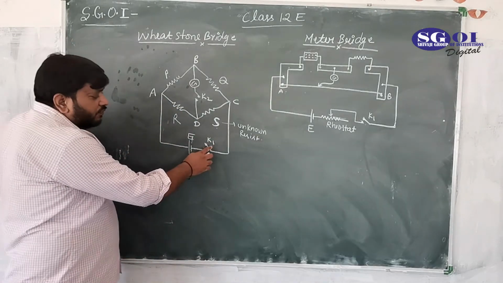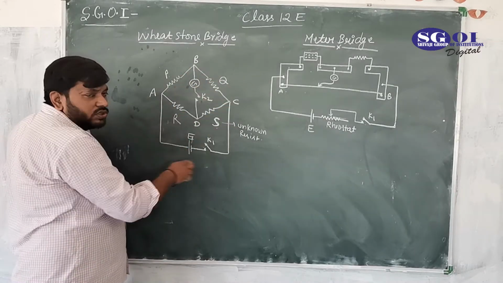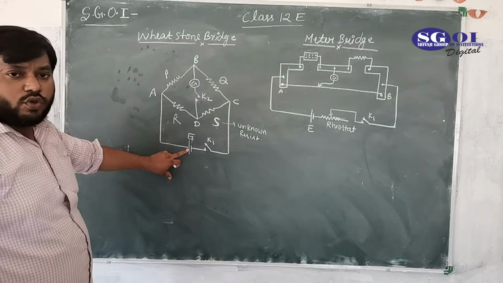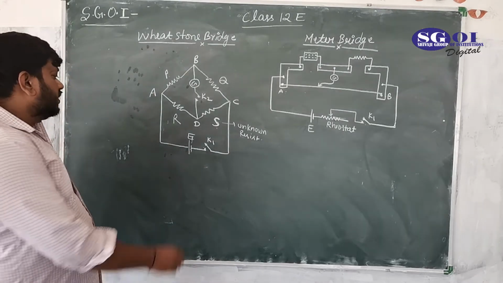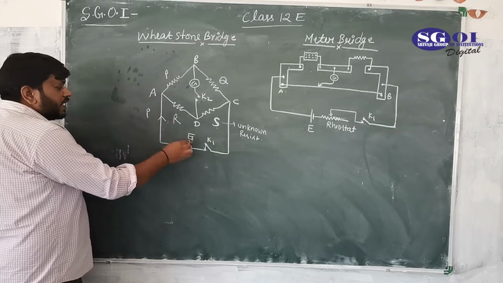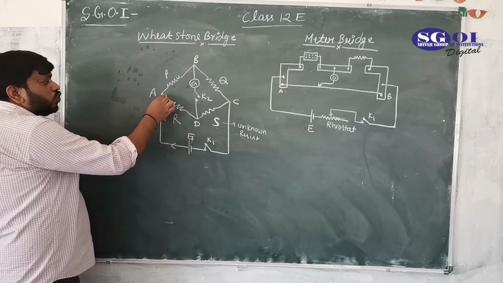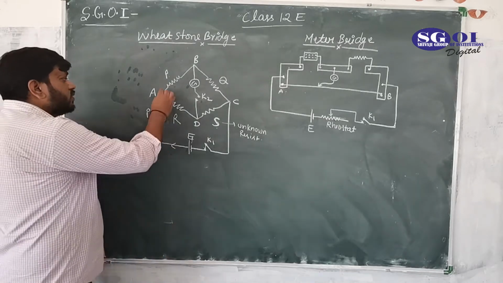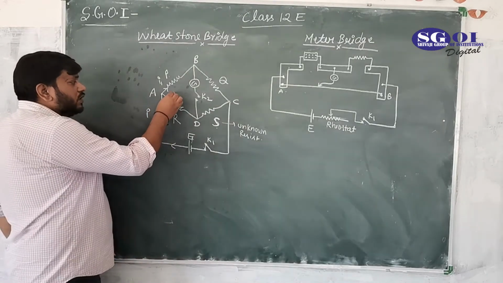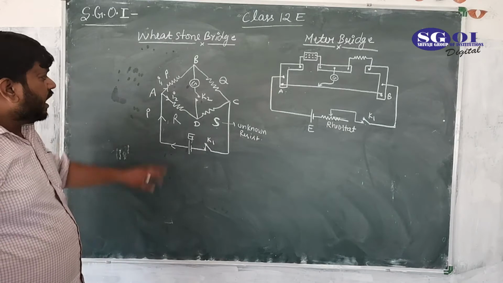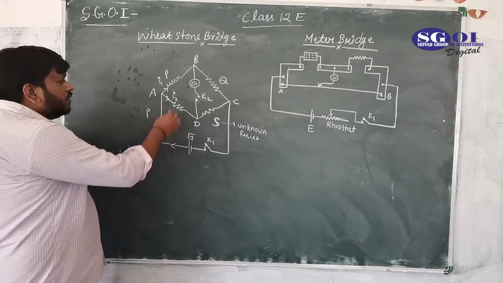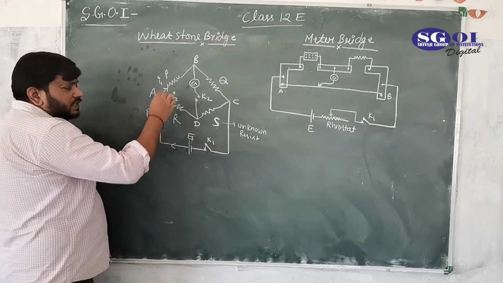As the key is pressed, the circuit is closed and current starts flowing from the cell into the bridge. This is the current I, and at this point there are two paths, so the current will be divided. Suppose current I1 goes in this way, and I2 goes in this way. I2 is equal to I minus I1. Both are the same thing, but I named them I1 and I2.